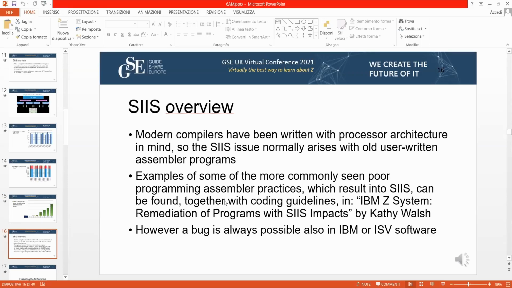They were written in assembler, and they have always worked very fast and in a very good way since they were written in the last century. So there are these kinds of programs around in many sites. Luckily, not in all the sites, but in many sites, there are still these programs running.